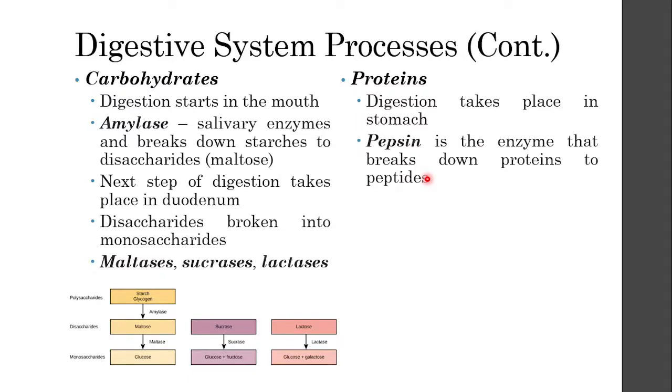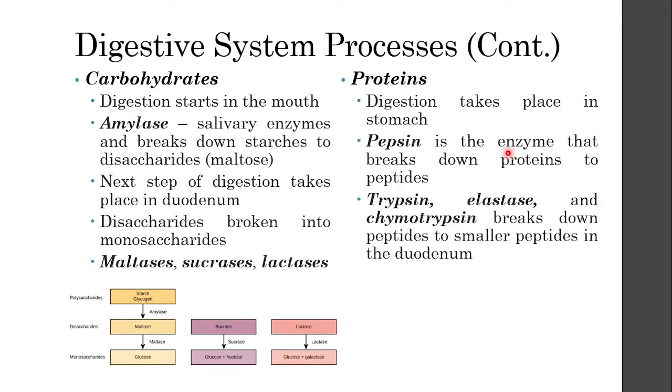They are released by the chief cells in the form of pepsinogen, and that pepsinogen is the deactivated pepsin and it is activated when it encounters other already activated pepsin in your stomach. So the pepsinogen becomes pepsin, and also when that pepsinogen makes contact with the hydrochloric acid, it is activated to pepsin, and then the pepsin will now start to break down the proteins found in your bolus, and slowly that bolus becomes chyme. I hope it's clear so far.